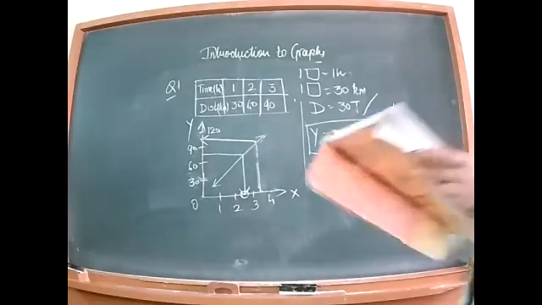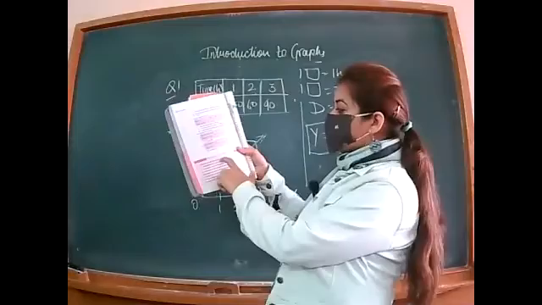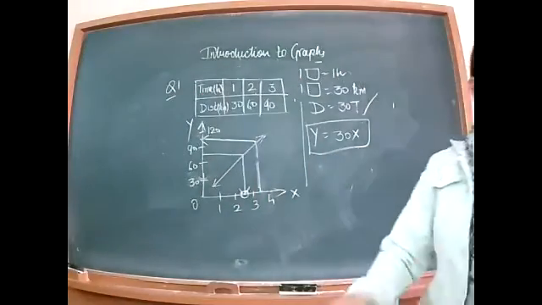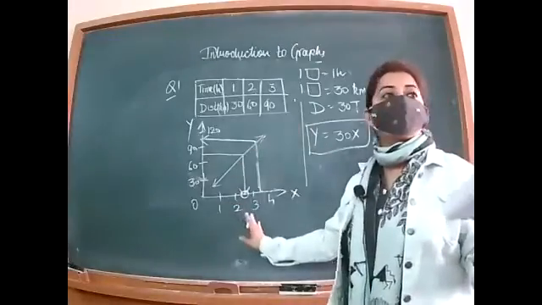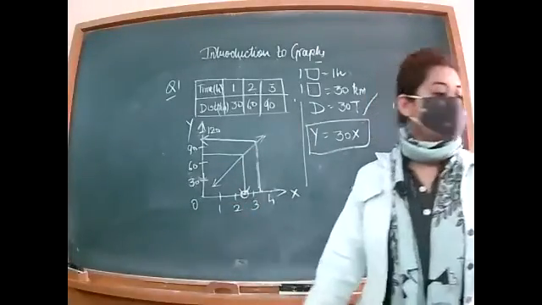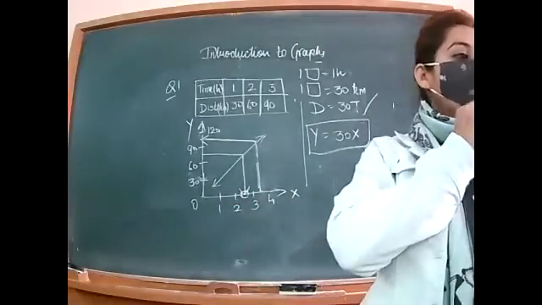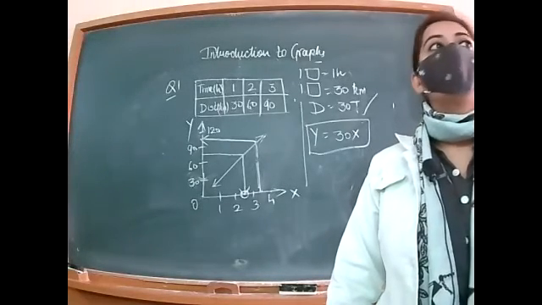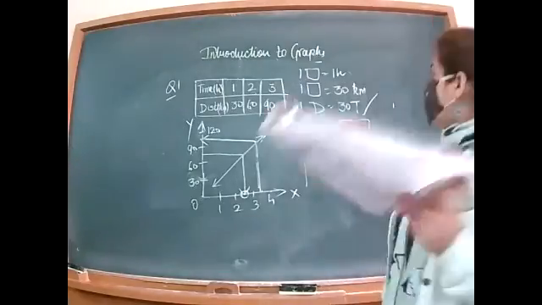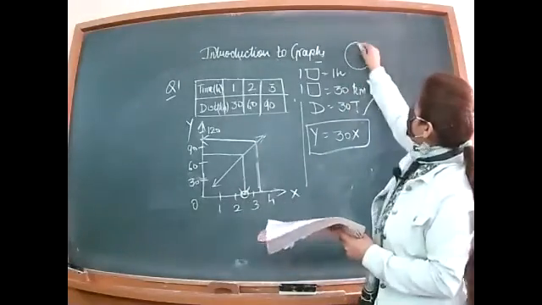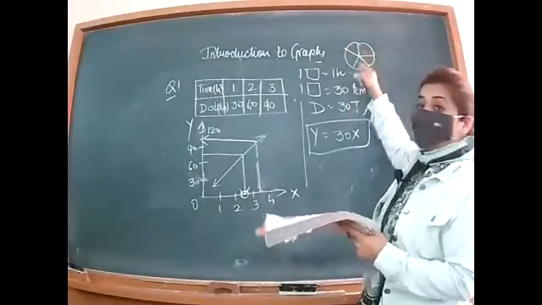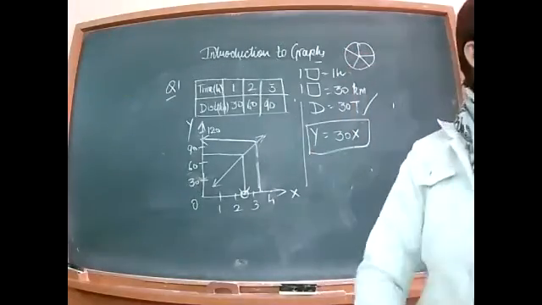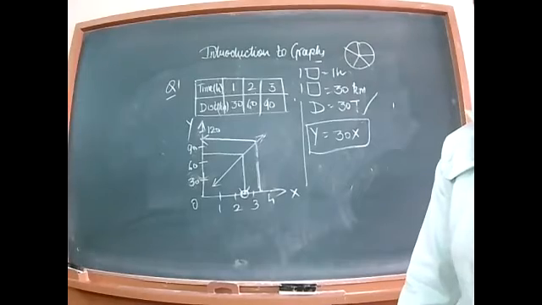The thing we have to discuss at the end of the chapter is that the graphical representation of data is easier to understand. A bar graph is used to show the comparison among the categories. A pie chart is used to compare the parts of the whole. What is in a pie chart? In a pie chart you make a circle and divide it this way. This is one whole thing, and what did you do to it? You made parts. A histogram is a bar graph that shows data in intervals.